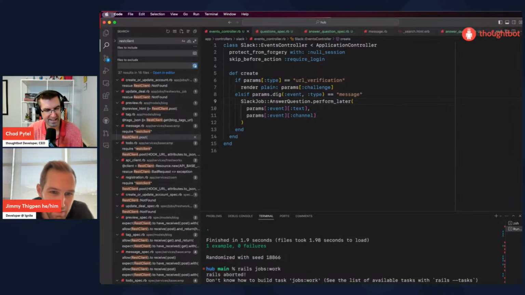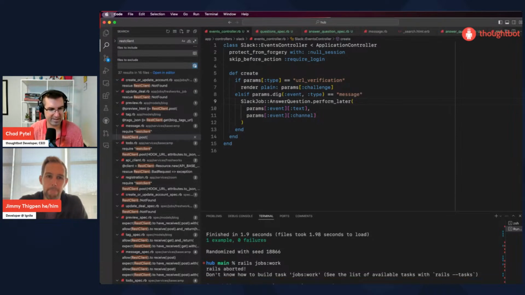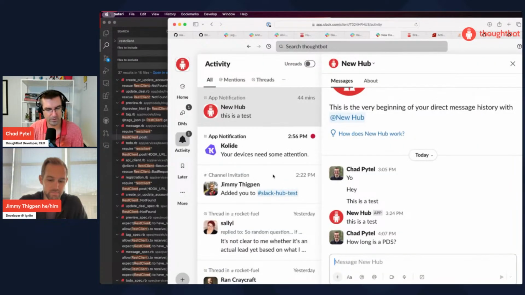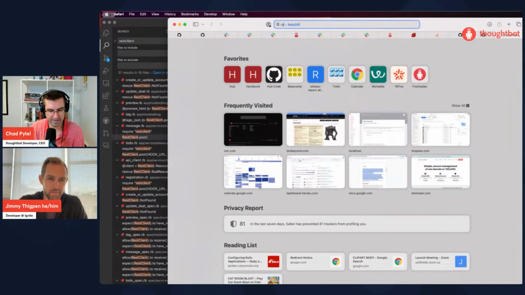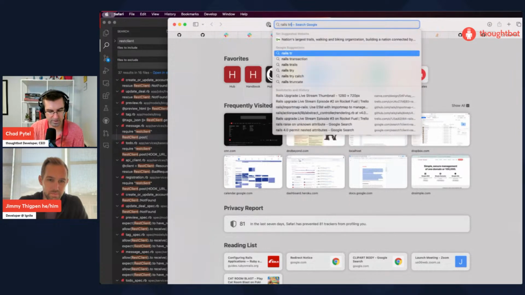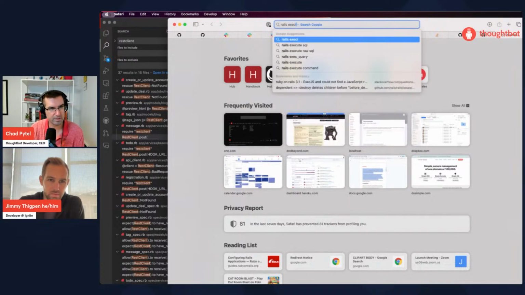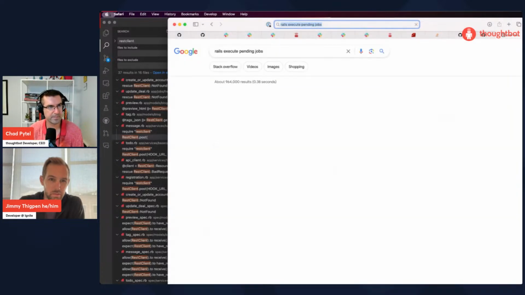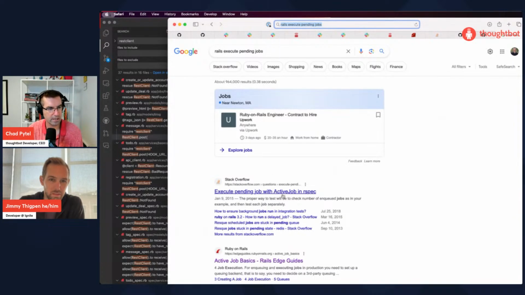Okay, so that's not it. Nope. Let's go to the browser. Yeah. Rails execute perform now? No, that's what you did in the console. Perform now. We could change it.